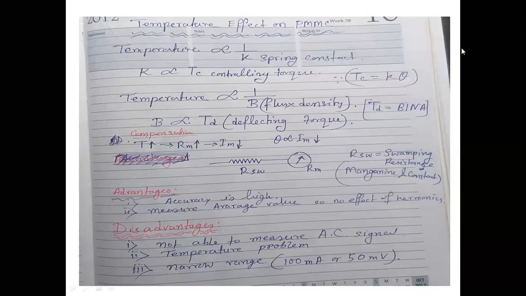Okay, only 2 minutes left. Then I will answer. Look, in PMMC, just go to the construction. In PMMC, there are two springs, and these two springs fulfill two purposes. One is the controlling torque, and another is to supply the current to the coil. The coil has two terminals, one positive and another negative. So the two springs are connected to them, one positive and one negative. So if I cut one spring, then what happens?